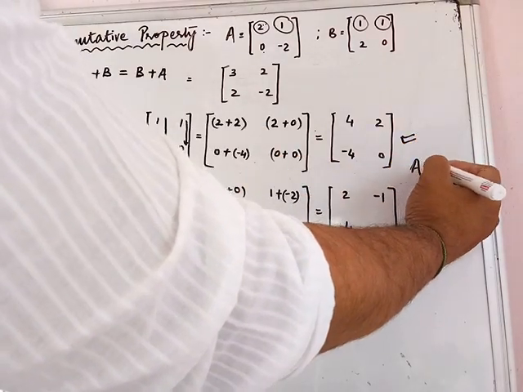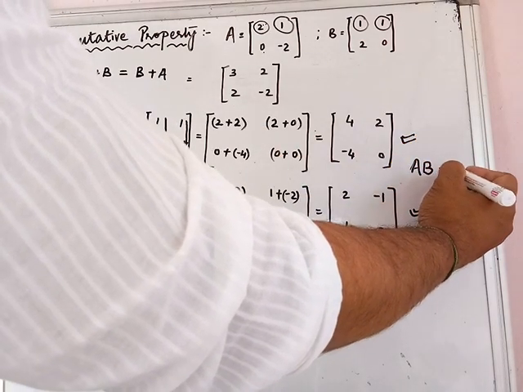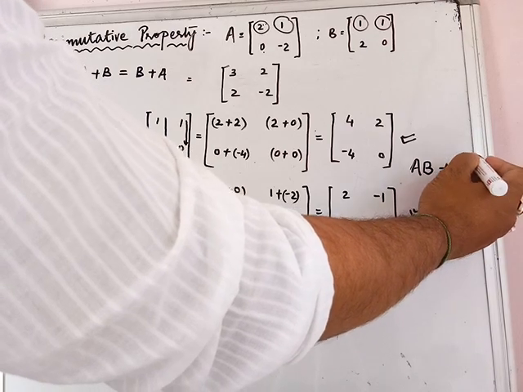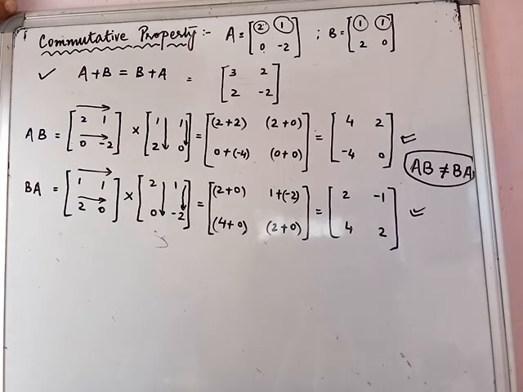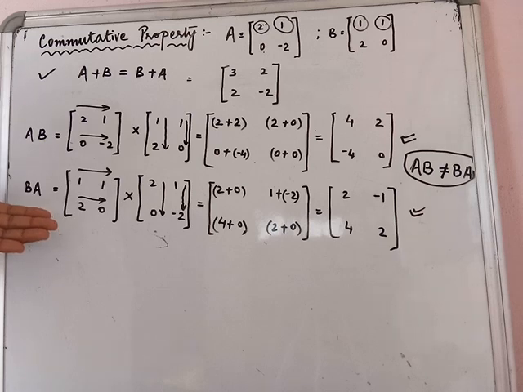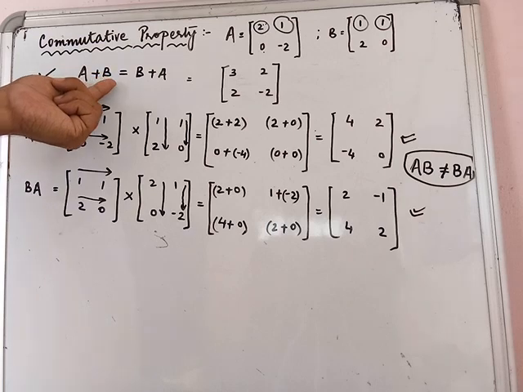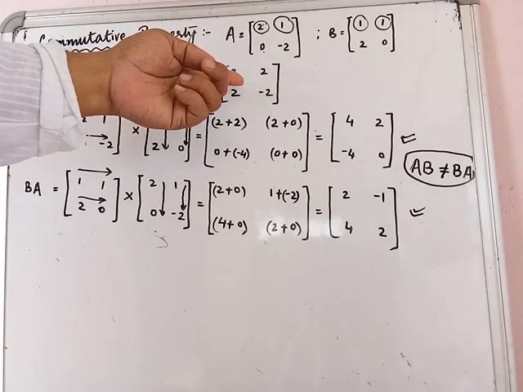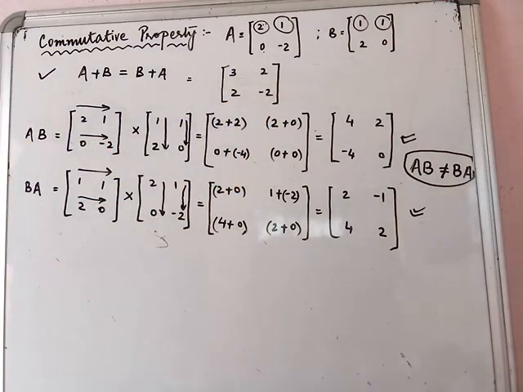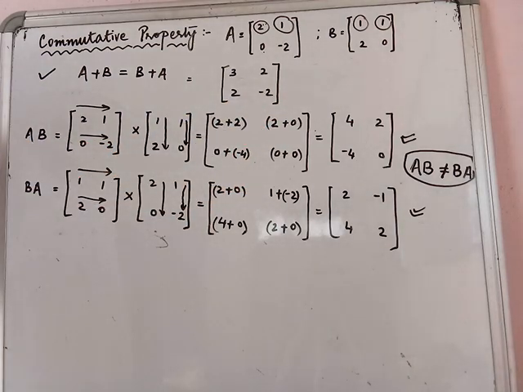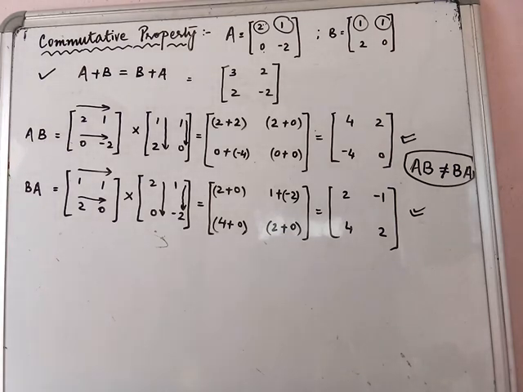So here we will write matrix multiplication AB is not equal to BA. If somebody asks you a question, is commutative law applicable here in these two matrix multiplications? No, commutative property does not hold true for matrix multiplication. So AB and BA will not be same, just like we had A plus B and B plus A coming out to be same. In matrix multiplication, this law will not hold true. So AB will be a separate matrix, BA will come out to be a very different matrix.